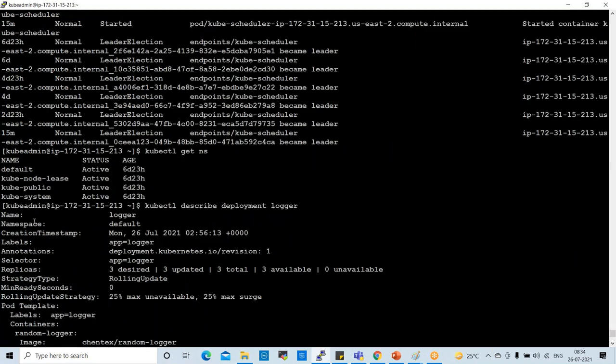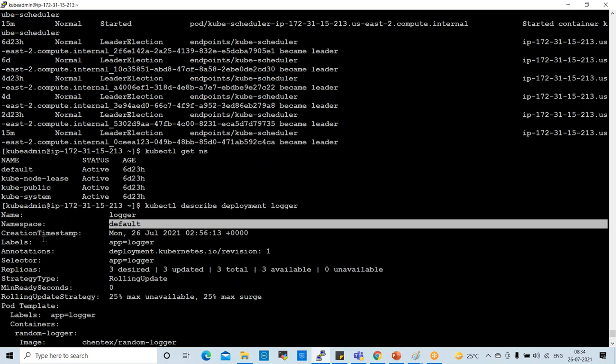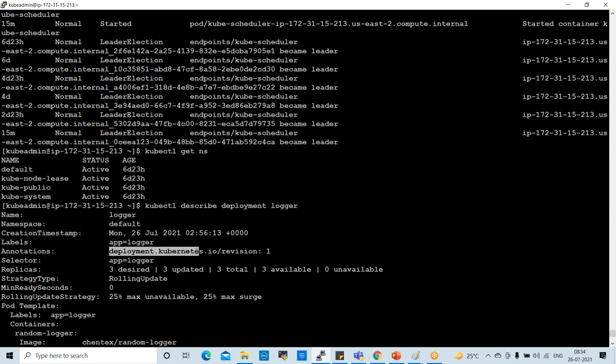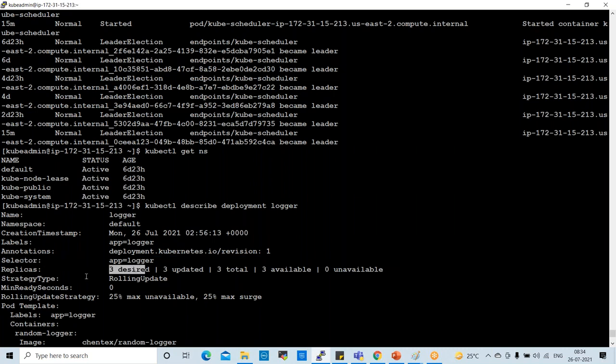Here if you check, name is logger, namespace is default, and the creation timestamp is the timestamp. Labels: app equal to logger. Annotation: deployment, Kubernetes, right? Selector: app logger. Replicas: these are the replicas, 3 replicas, right?